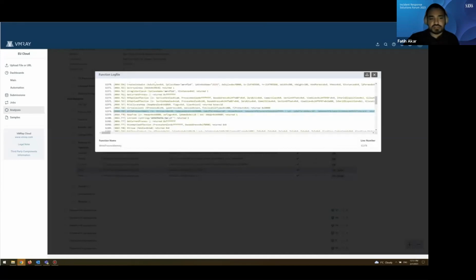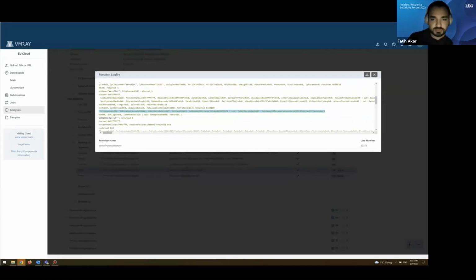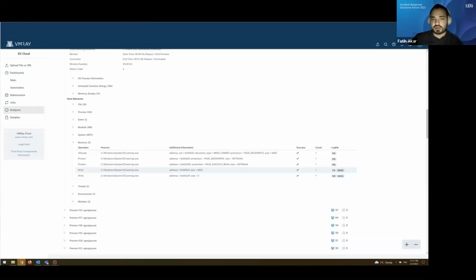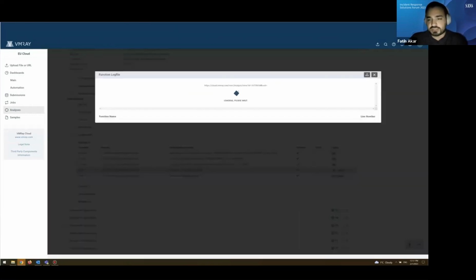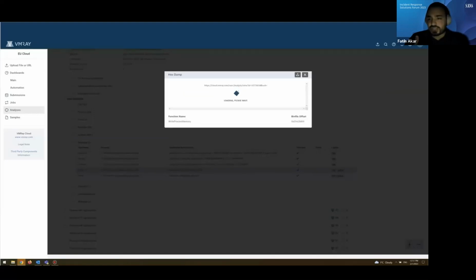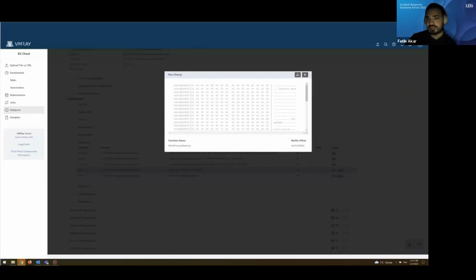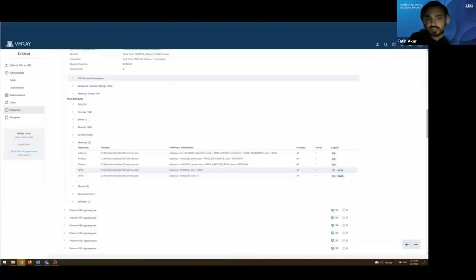Yeah, it's just going to be finished in a second. We are showing the function call logs in here. Even the parameters will be visible, showing how this function call is being logged. And not only what function call is being logged, we can see what data is being injected when we click on the data button. It will show us what is going to be injected into the other process, and this can be downloaded. This can be matched with a rule,